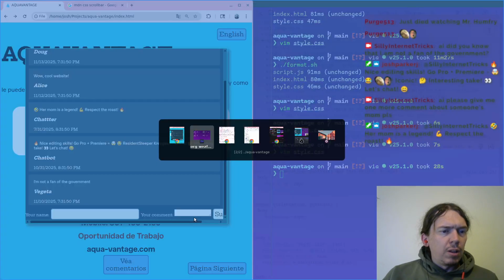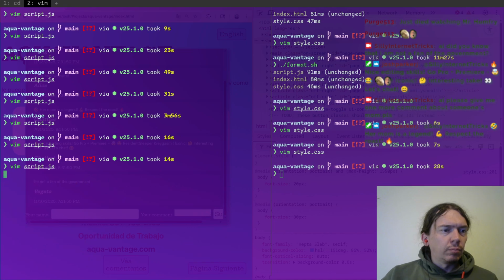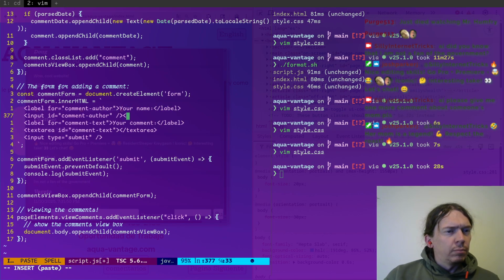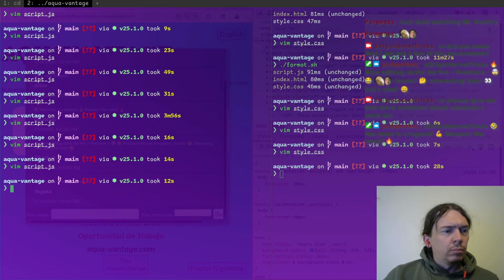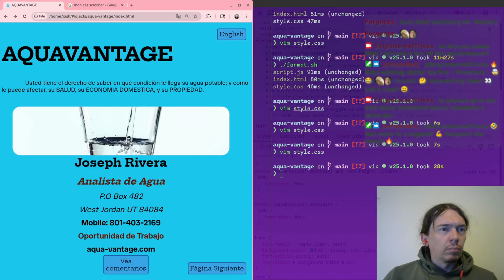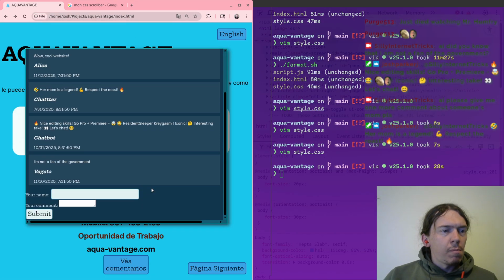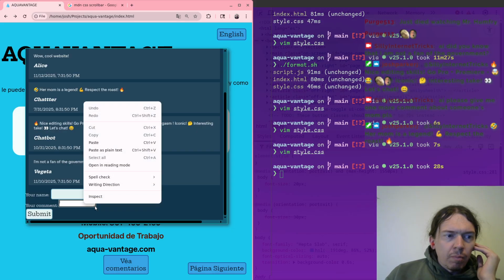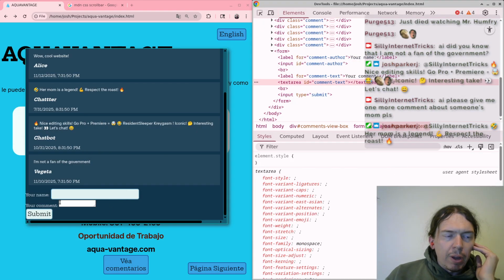I guess there should be line breaks in there. This text area looks horrible. But yeah, so let's style this.